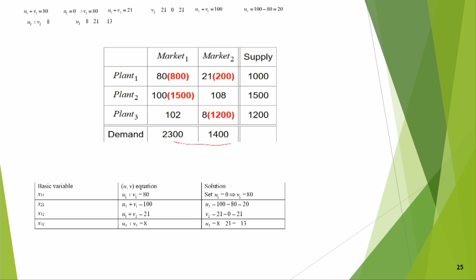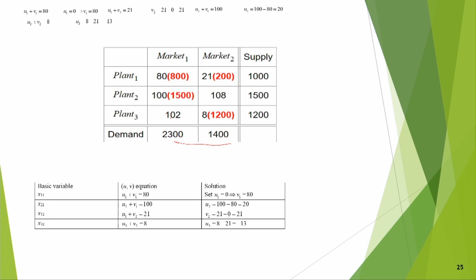You find out whether this allocation is optimal or not. So, for that you just have to find out U1 V1 first. So, you can say U1 plus V1 is equal to 80 and U2 plus V2 is equal to 100, U1 plus V2 is equal to 21, U3 plus V2 is equal to 8. From that you can find out U1 V1 and this one,